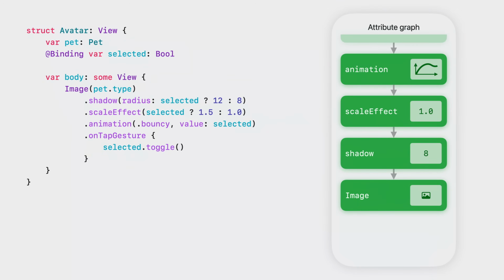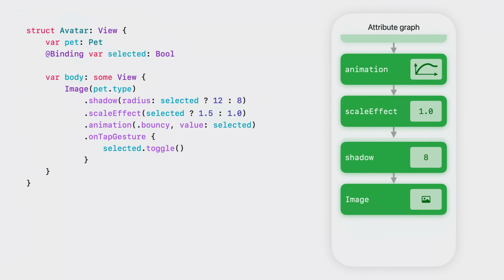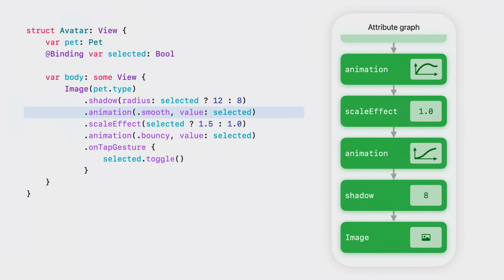After playing with it, I've decided I want the shadow's animation to be more subdued than the scale effect's. To accomplish this, I can insert another animation view modifier between the scale effect and the shadow. Now, the transaction picks up the bouncy spring for animating the scale effect.